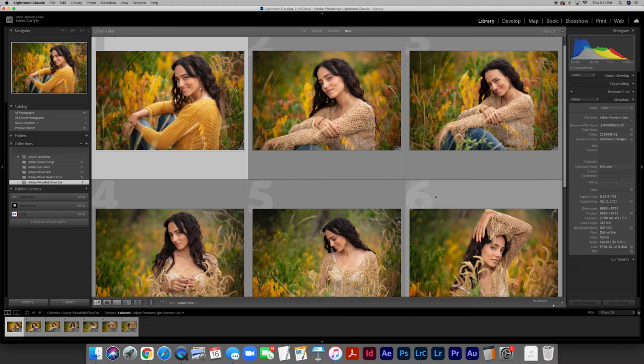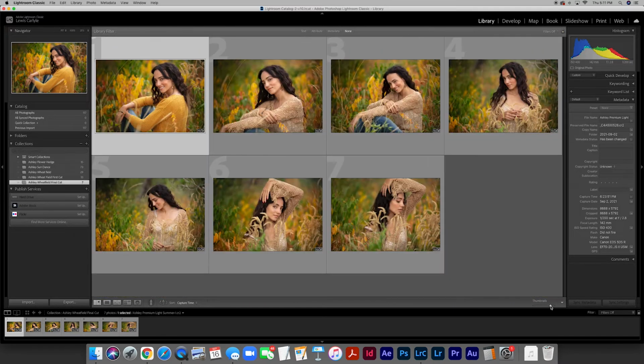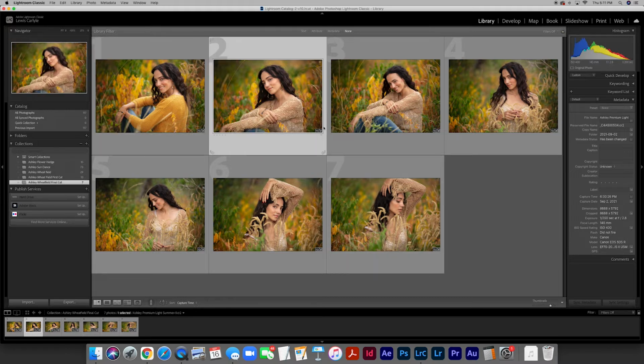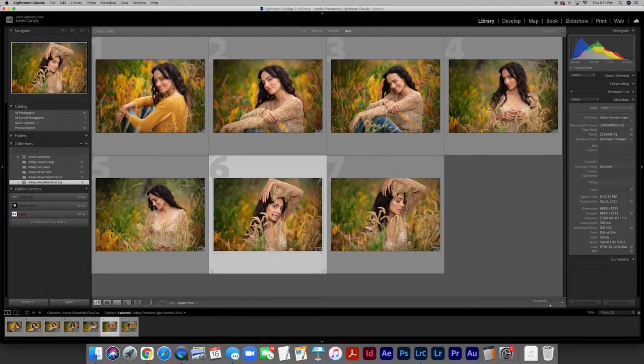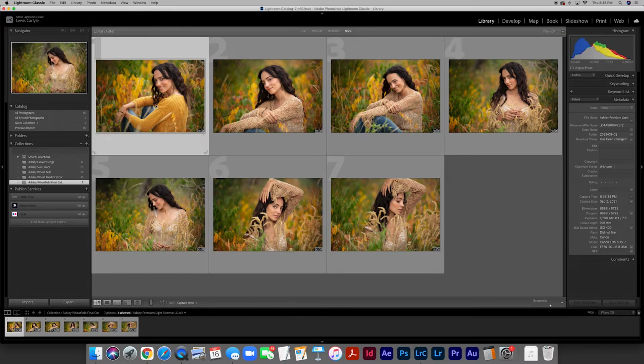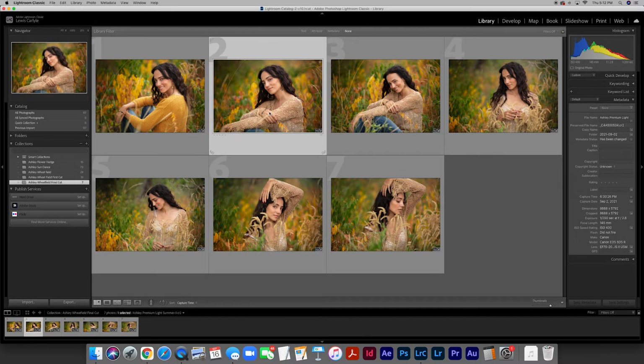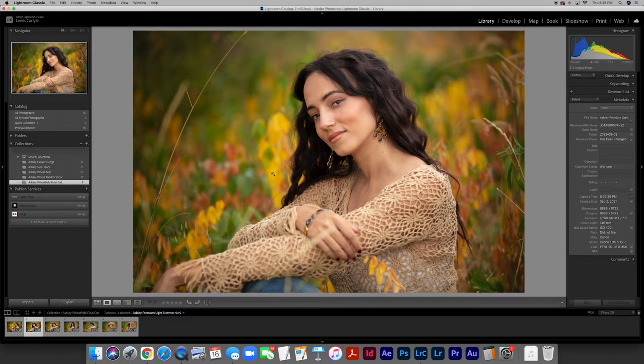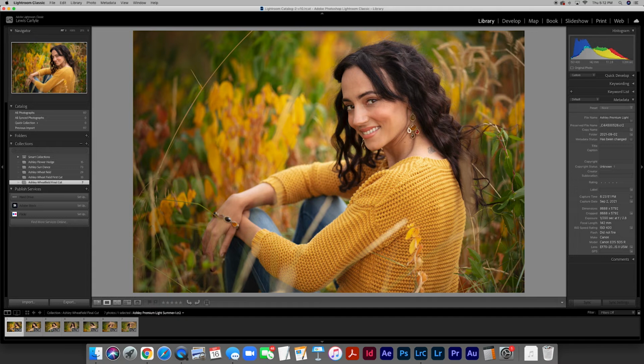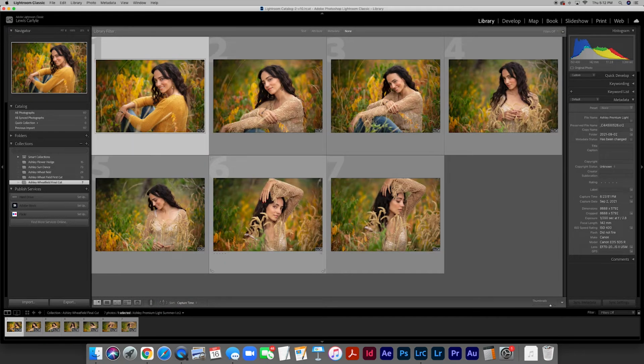Right now, these images basically all just live inside the Lightroom library. Right now, I'm basically just looking at raw files from inside the camera. Yes, we have made edits to those raw files, but basically what I need to do now is export these images out of Lightroom so that those edits will actually be applied to the raw files, so that when the final viewer sees the images, they will get these beautiful final images. So I'm going to hit the G key on the keyboard and let's look at a basic library view. Ultimately, what I want to do is export these final 7 images so that I can share